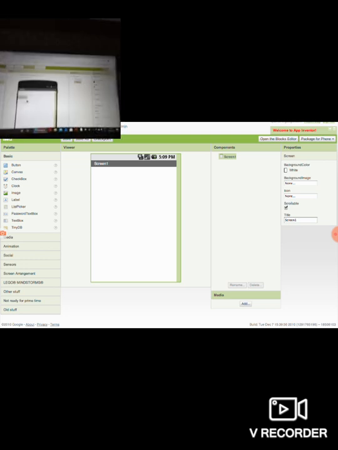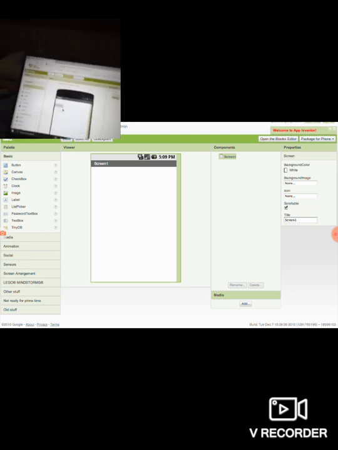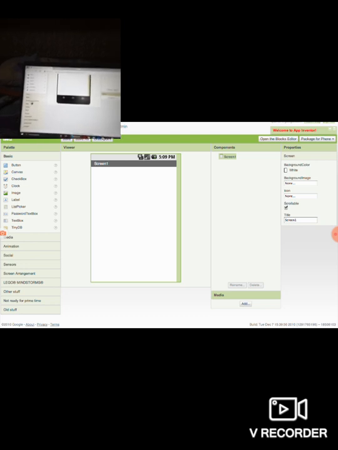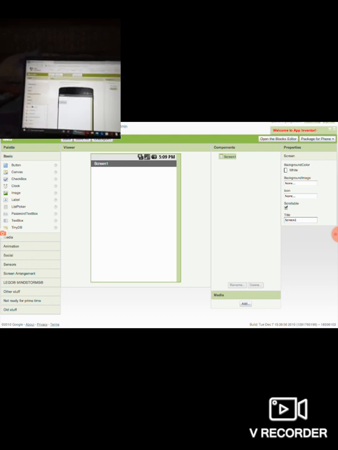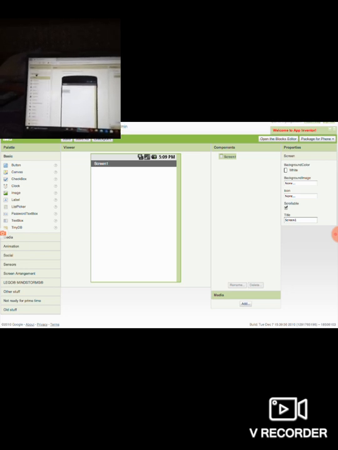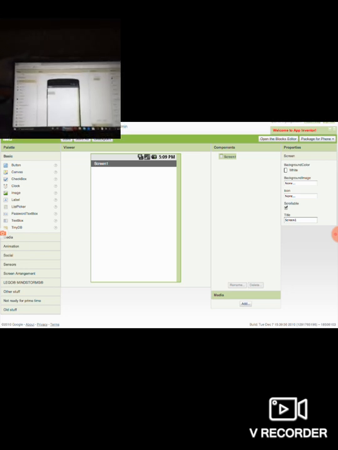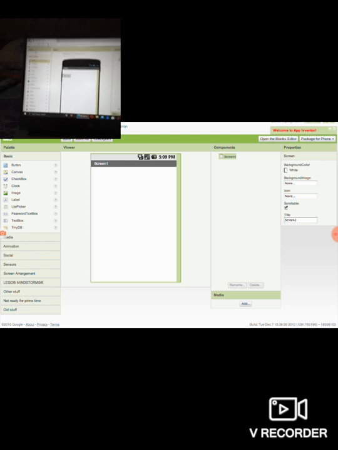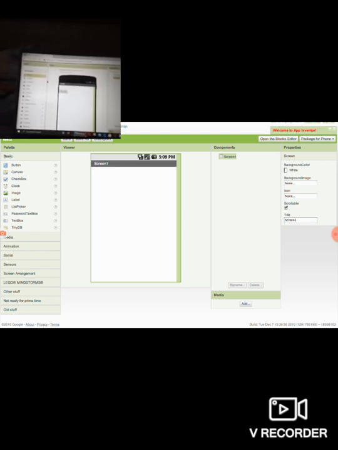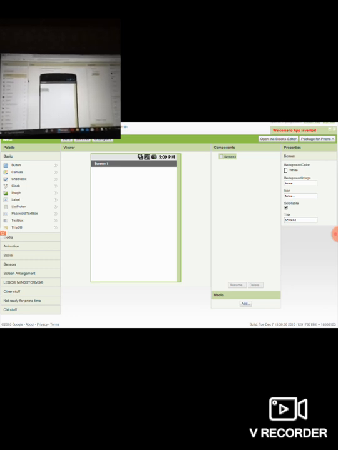Okay guys, now I'm going to add a last component called text to speech. It will be in social. I don't know where it is. If you don't know, go to search components and type text to speech.